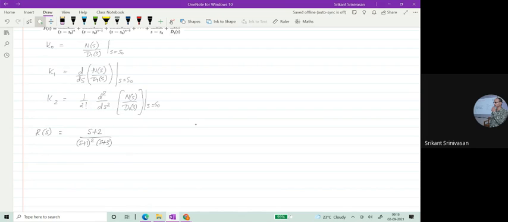It is called 0 because when I put s is equal to minus 2, then the numerator becomes 0, so the expression becomes 0. That means my response has become 0. So when s is equal to minus 2, this whole term vanishes, so it is called as 0. When s is equal to minus 3, then the denominator becomes 0 and the expression becomes infinite. Or s is equal to minus 1, then the expression becomes infinite. Therefore, the denominators are the poles and the numerators are the zeros.